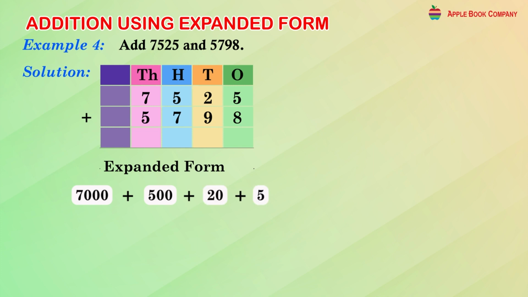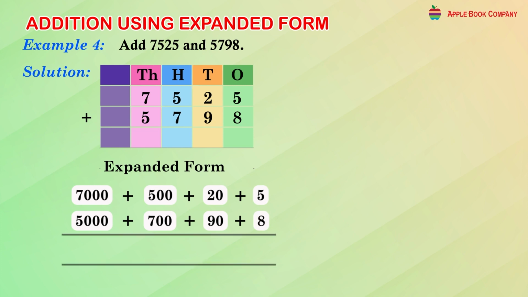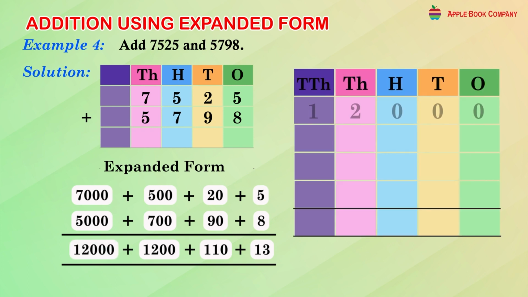Similarly, when you take the number 5798, the expanded form is 5000 plus 700 plus 90 plus 8. Now when we add the expanded forms together, we get 5 plus 8 is 13, 90 plus 20 is 110, 700 plus 500 is 1200, and 7000 plus 5000 is 12,000. The total of 12,000 plus 1200 plus 110 plus 13 gives us a total of